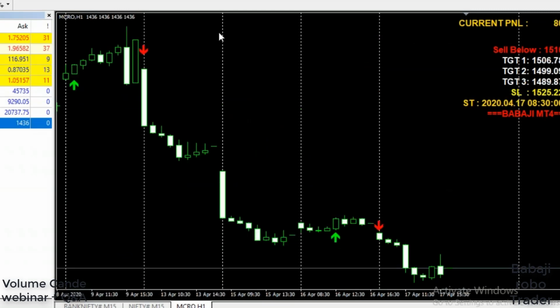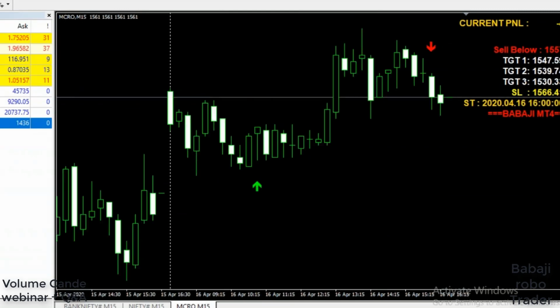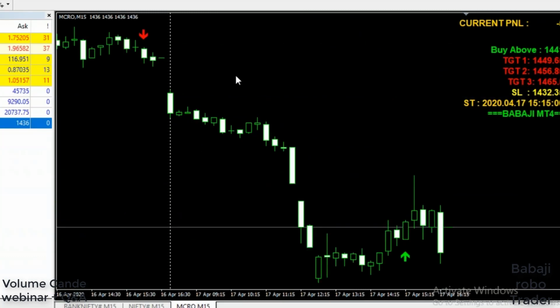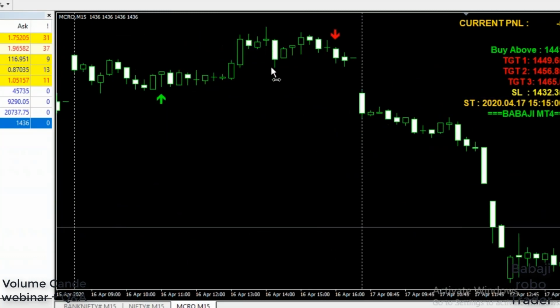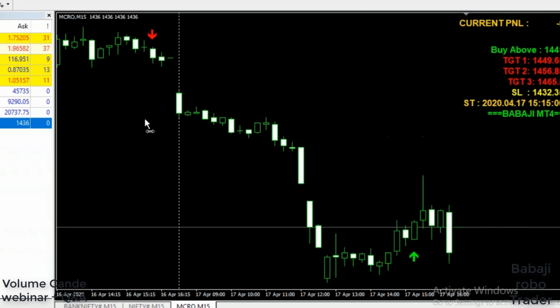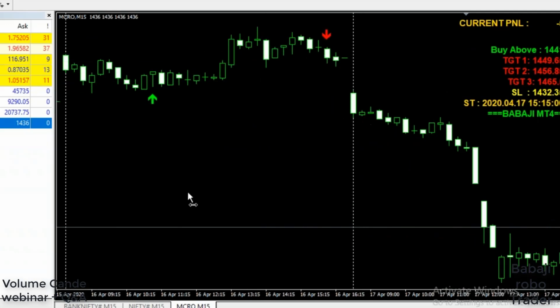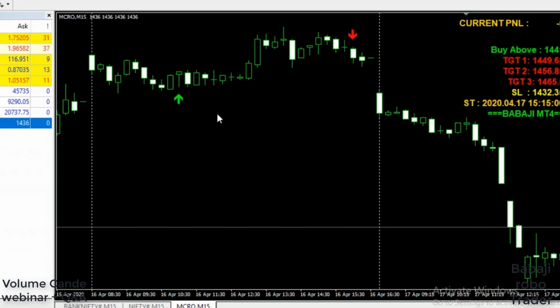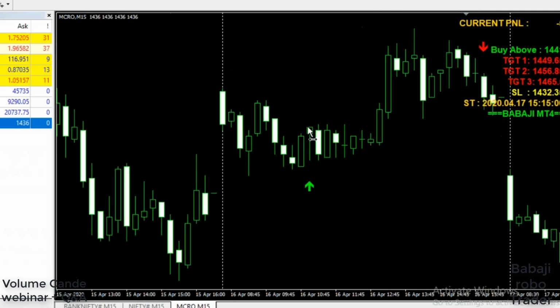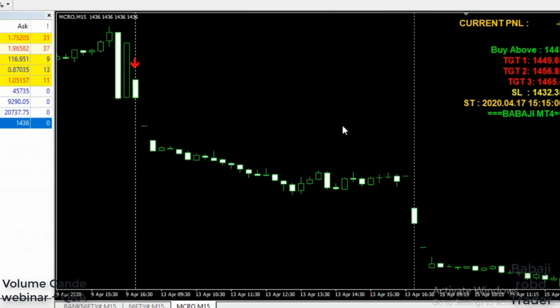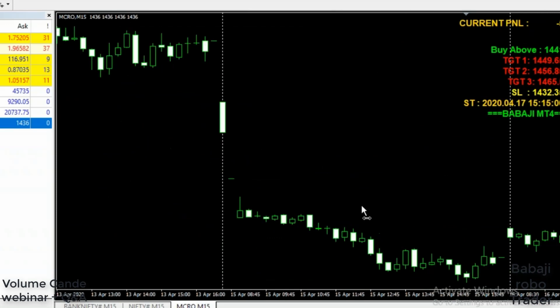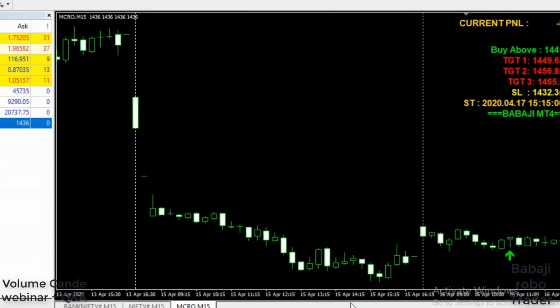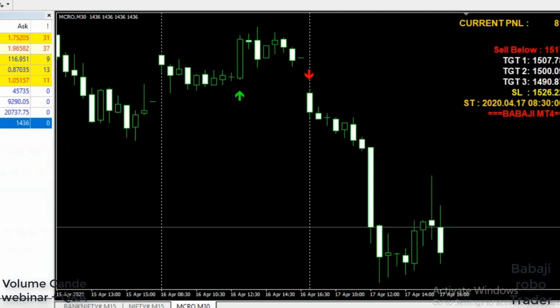So this is a crude oil chart basically. For intraday, we can set 15 minutes. Yesterday we got one continuous sell call, and then about the middle of the day we got one buy trade. So yesterday we got one buy call and one sell in crude oil. In previous days, we got one continuous sell trade. This is in the 15-minute session. If you want to go for 30 minutes or hourly or 4 hours, you have to change the time frame in the MT.